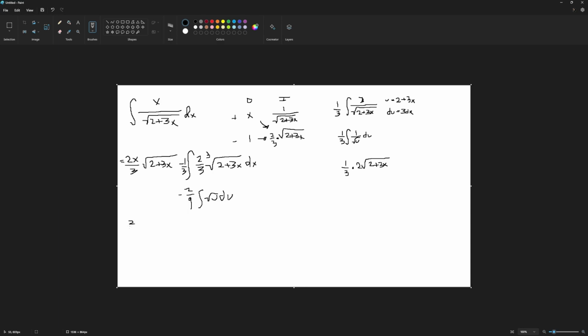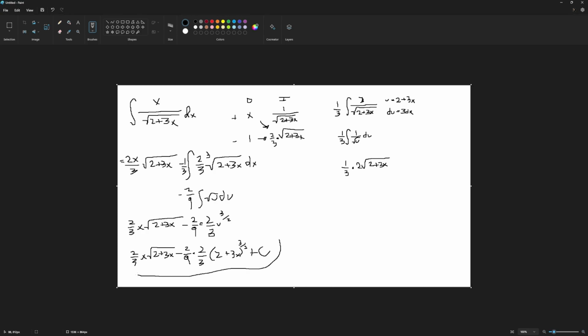And from here, it's really simple. You're just going to have 2/3 x root 2 plus 3x minus 2/9 times 2/3 u to the 3/2. And from here, we'll just back substitute. And that is our answer. Of course, you can multiply that out, but it's really hard to use